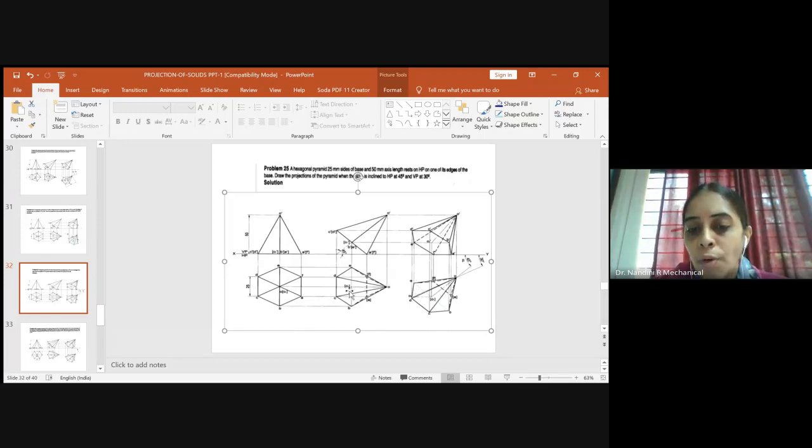Similarly from O1 to B, what is the distance you measure? Keep one end of the compass and cut an arc. So you will get E and B. Similarly, we have to do it for the other. Now you know that D and M is coming along the same line, C and A is also coming along the same line. So you can identify from O1 to this point, what is the distance? O1 to this point, because at this midpoint, this line you can construct. So from O1 to this midpoint, what is the distance you will measure and just make a reference point over here.